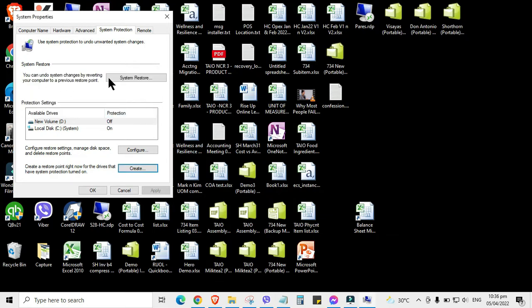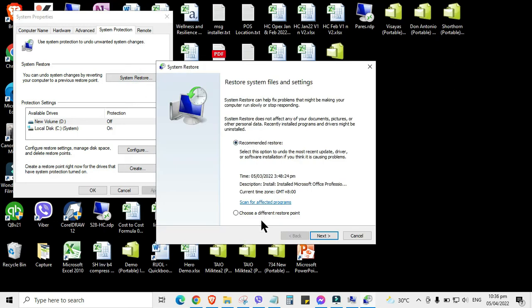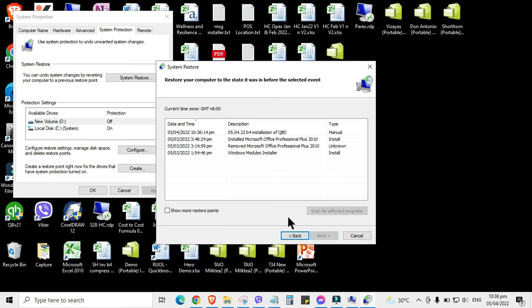So to double check, click system restore and then choose a different restore point. Ayan, nandito siya oh. So kung sakaling gusto mo siyang i-restore for original setting, i-uninstall mo muna yung QB desktop and then i-select mo to and then restore,